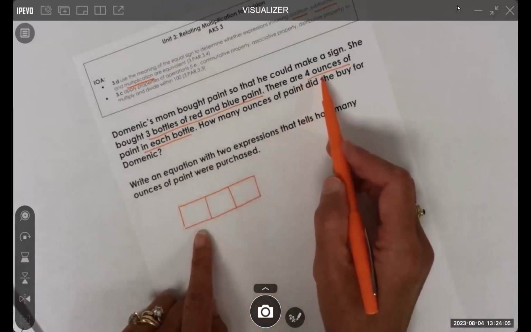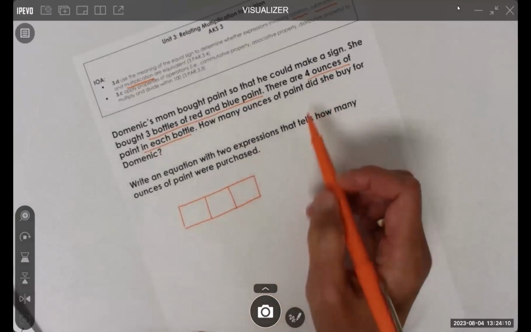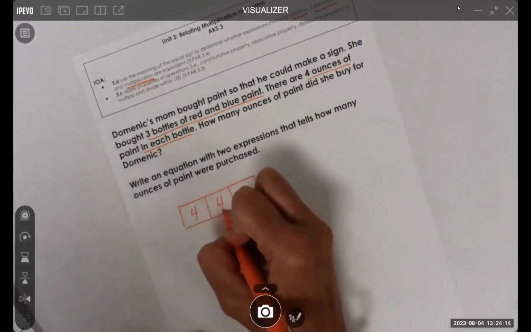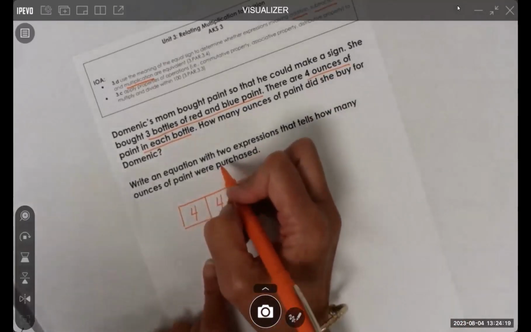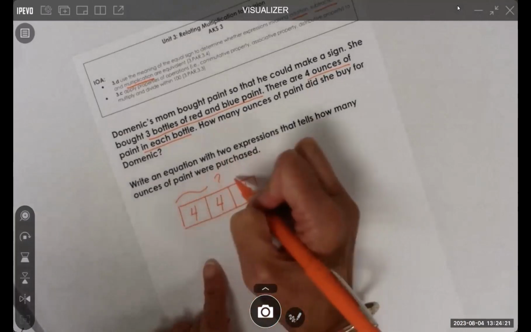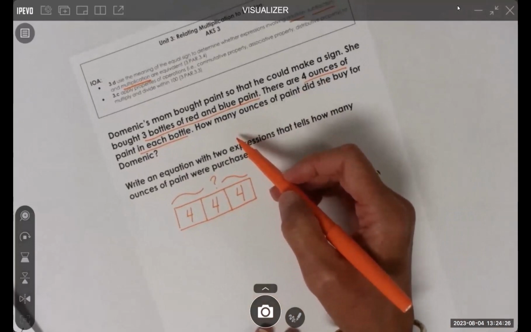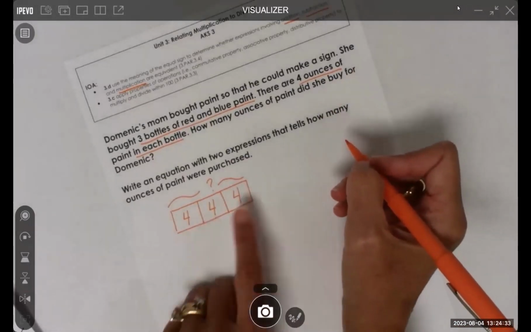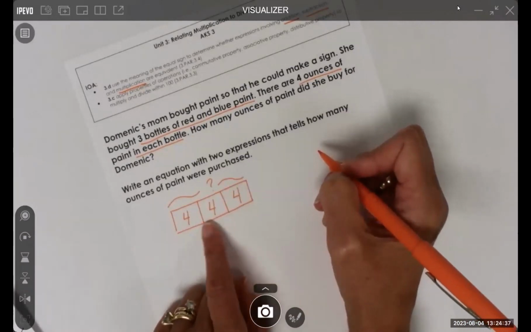In each group, I know there are 4 ounces of paint. So my groups down here represent those bottles. So I can write 4 ounces in this bottle, 4 in this bottle, and 4 more in this bottle. What I don't know is the total amount of paint purchased, and that's what I have to figure out. Looking at my model, I know I can solve this using multiplication. I know that there are 3 groups